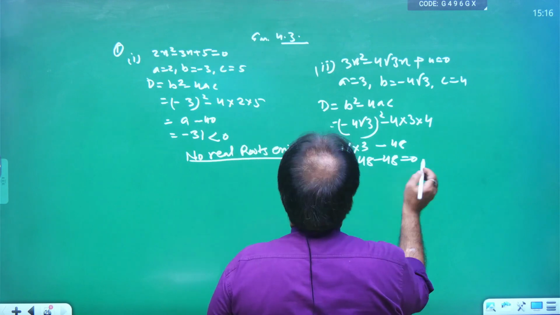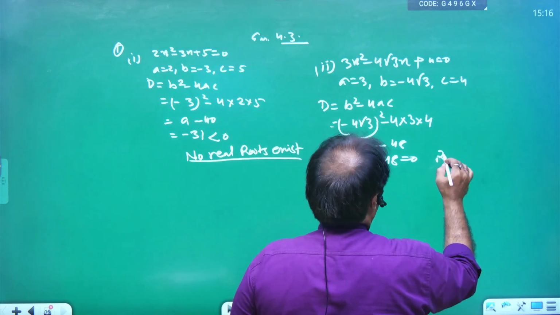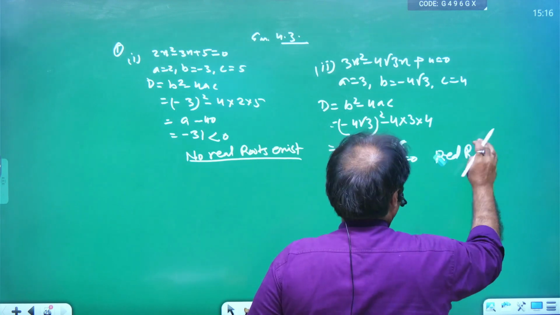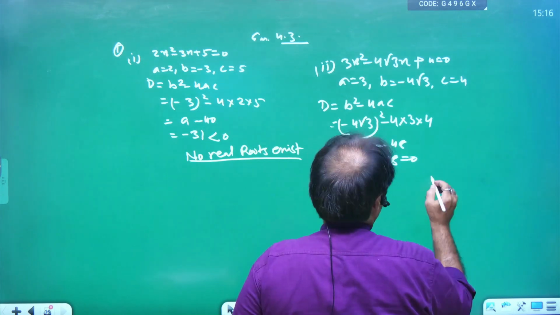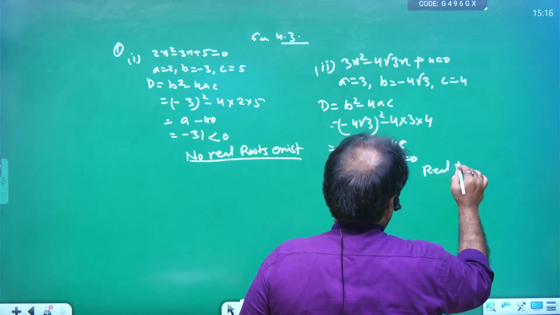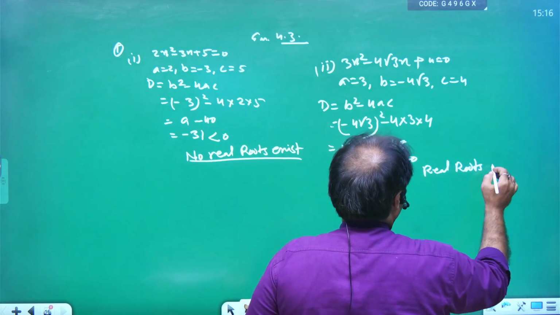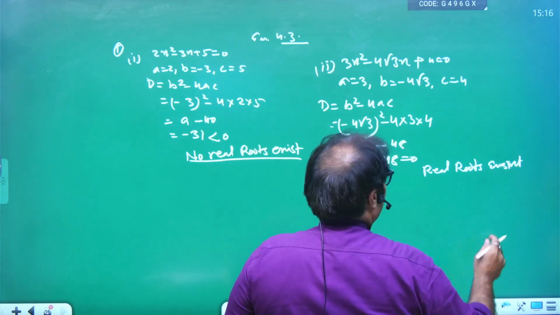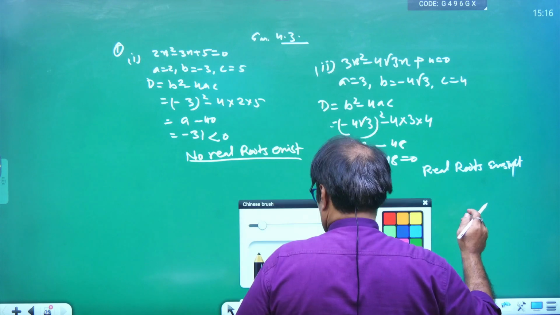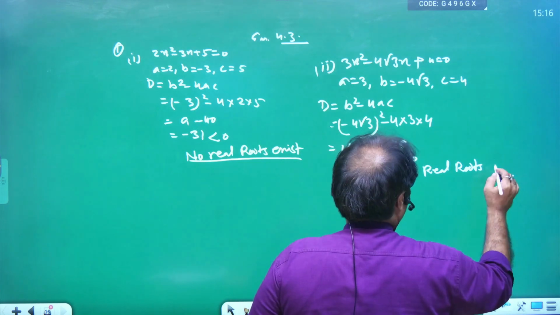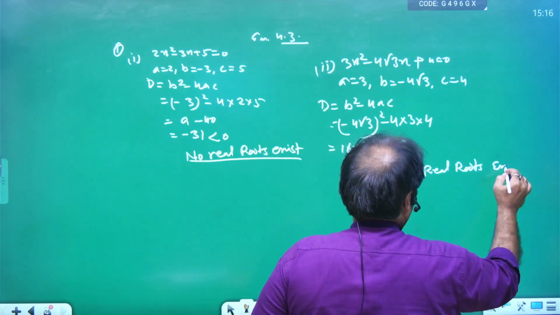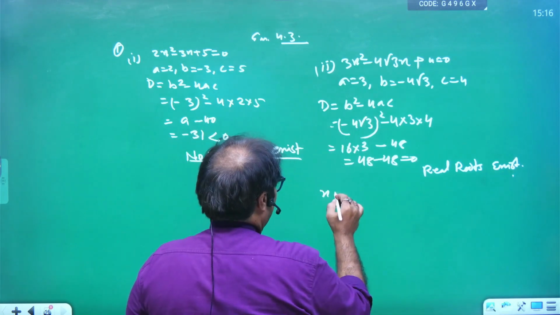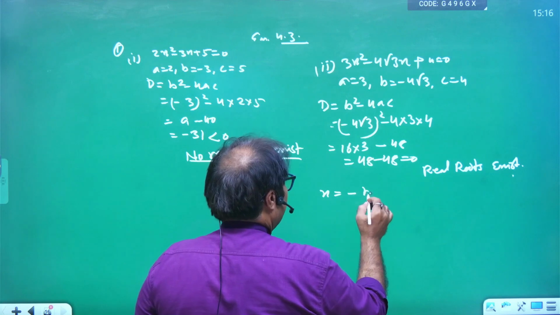So D is equal to 0. It means real root exists. Real root exists. Then the roots are by applying the quadratic formula x is equal to minus b plus minus